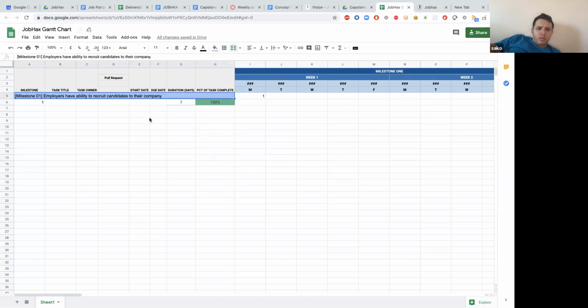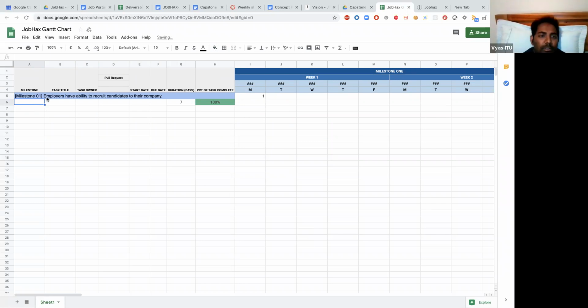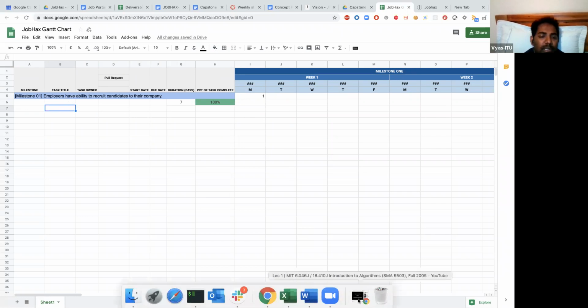Oh, so milestone 1, and then... I think the employers have the ability to... that will be the task title. Employer has the ability to recruit candidates to their company. That should be under task title.